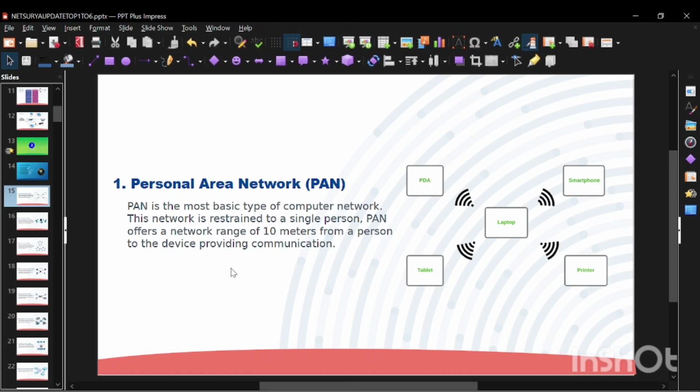And even when your laptop is connected to a wireless mouse or keyboard, it is also part of your PAN. These connections happen in your personal space, like your pocket, your desk, or your backpack. It is small, fast, and made just for your own devices to talk to each other. No cable needed, just Bluetooth or Wi-Fi Direct does the job. So remember, if your devices are talking to each other within arm's reach, it's probably a personal area network. That is a PAN, a smaller network you use every day.